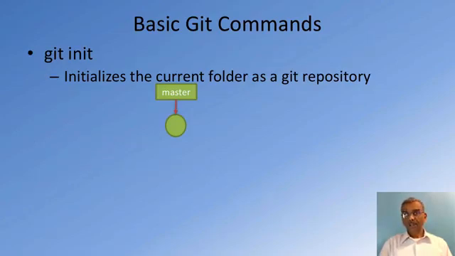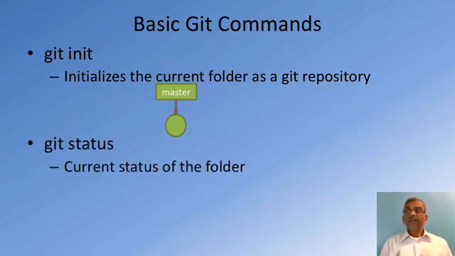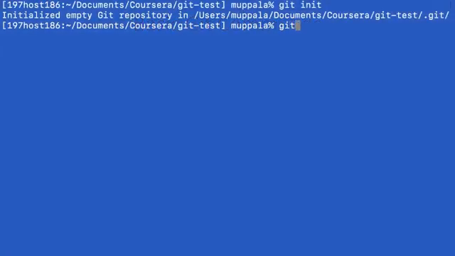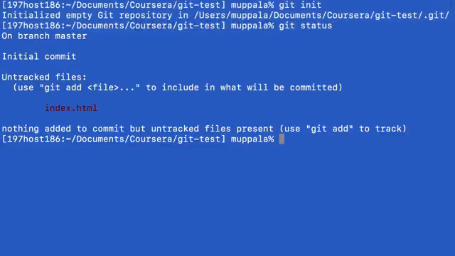The next command that we're going to look at is git status. If you type git status in the command line, it'll tell you the current status of the folder. So let's do that at the command line and see what it shows. At the command line, type git status and read the information that is typed out on the command window. You see that it says on branch master, so that is the master branch that we are on, and it says untracked files and then shows index.html in red. On your specific computer it may be using different colors or represent this differently, but this is what it shows